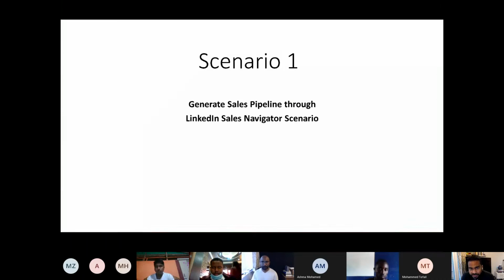So this is the number one scenario that most of our clients are asking us to work for. It is called generating a sales pipeline through LinkedIn Sales Navigator. A lot of words here.